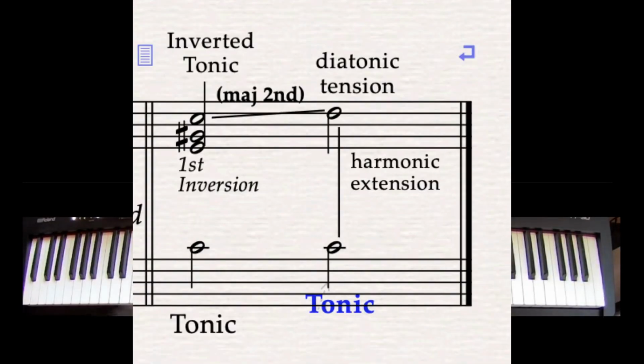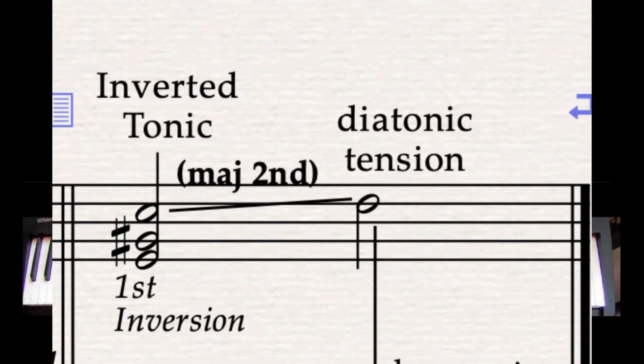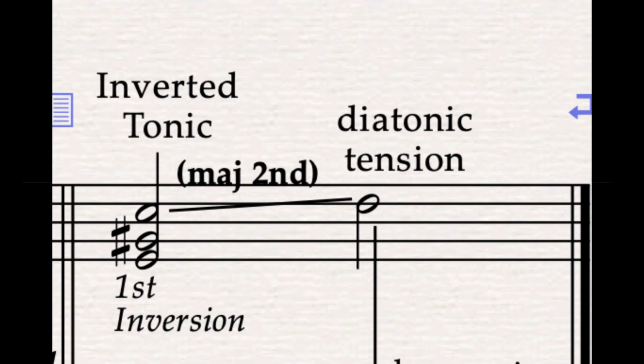Now it's important to notice that melodically speaking, the D note is functioning as a diatonic melodic tension within the motival unit, and this is because the C augmented triad is presented in its first inversion. Therefore, we have a diatonic major second between the D note and the inverted tonic of the triad, the C